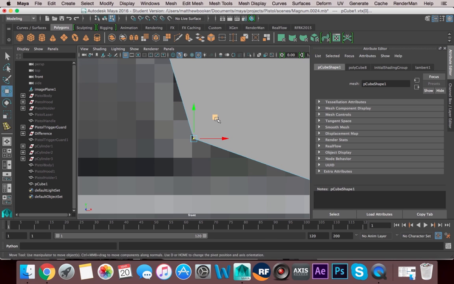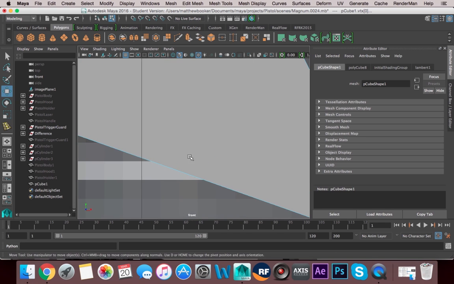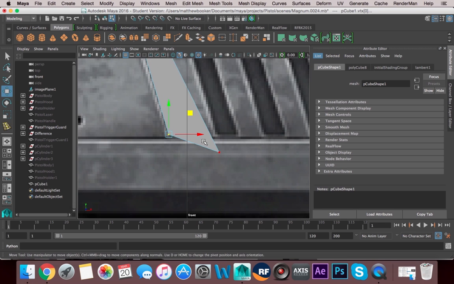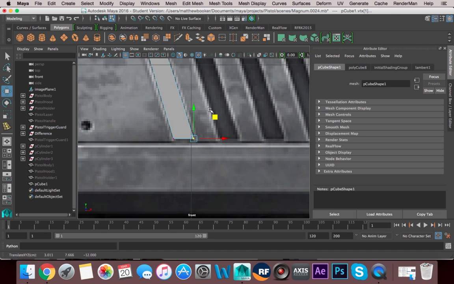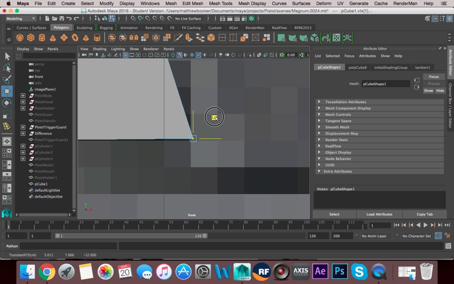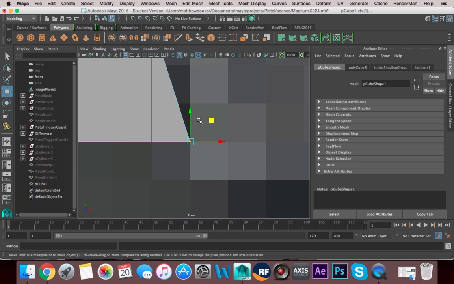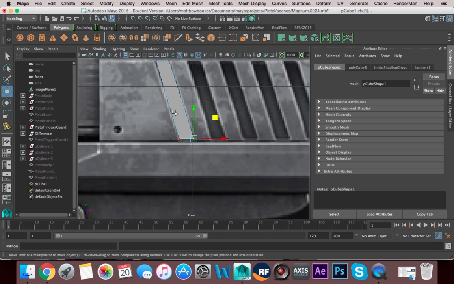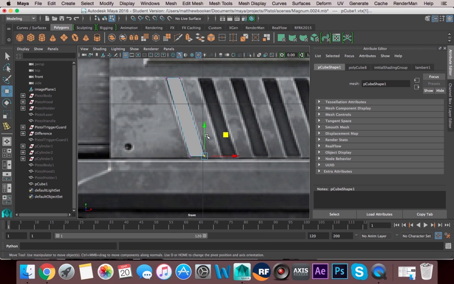So yeah, we're basically using the same technique as we have been previously. There's not much else to it. But all we're going to do is make this shape and basically find the difference between these two shapes, or this shape and the back of the gun. But what we're going to be doing is duplicating this, so it's